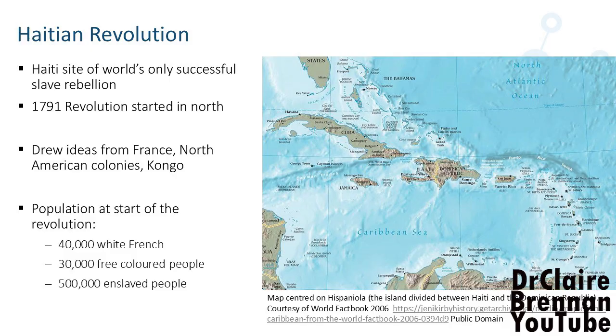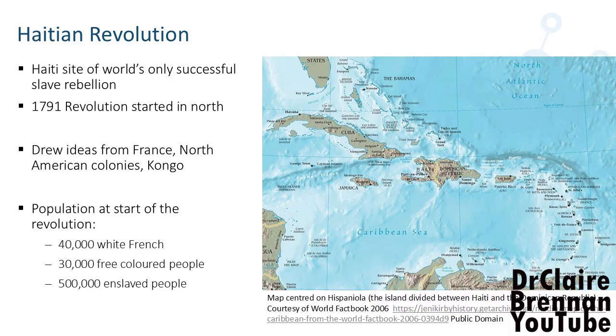Ten years after the surrender of the British in North America, revolution breaks out in Haiti. Haiti is one half of the island of Hispaniola. So it's the island that saw the first Spanish attempts at colonization in the Americas, and it's been converted to plantations. It's also the site of the only successful slave rebellion in the history of the world, and it was not an easy rebellion, or, as I prefer to refer to it, a revolution.